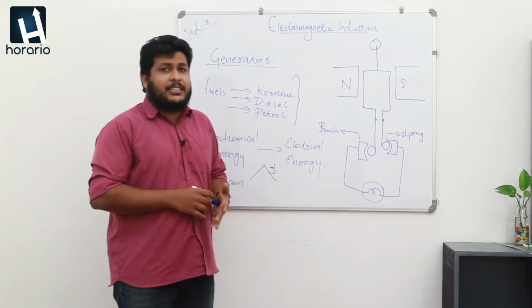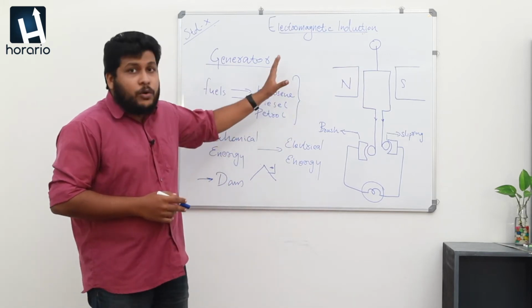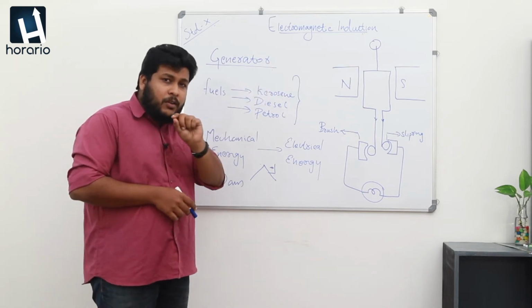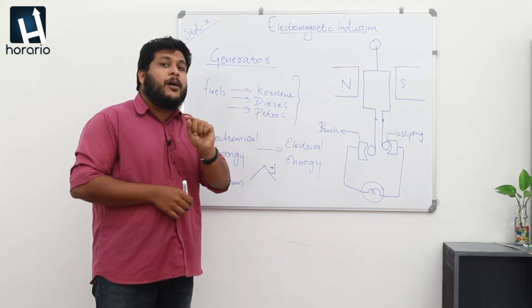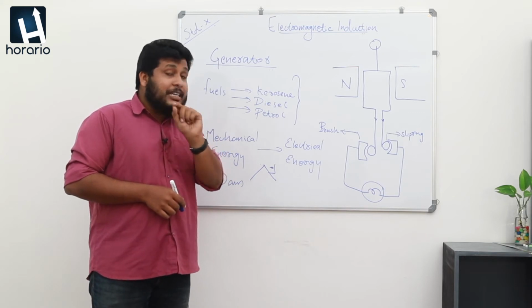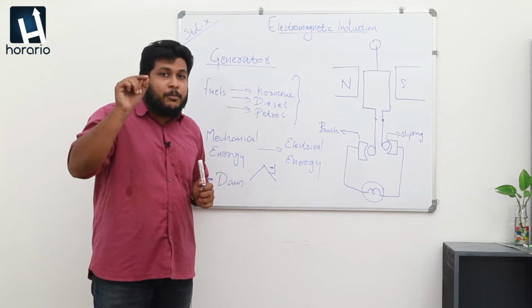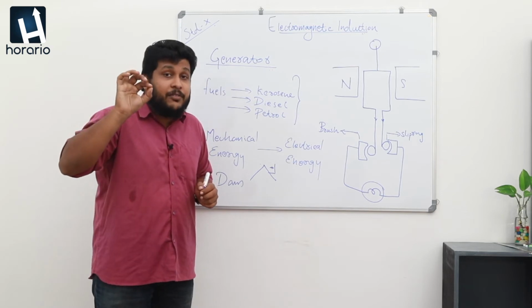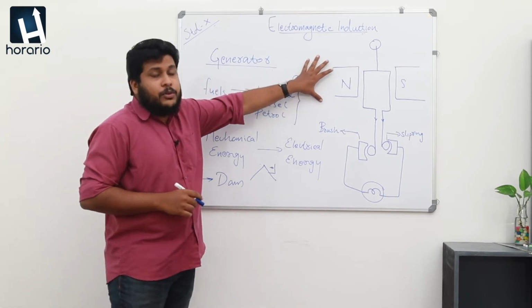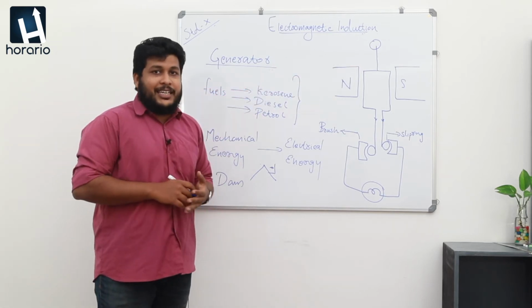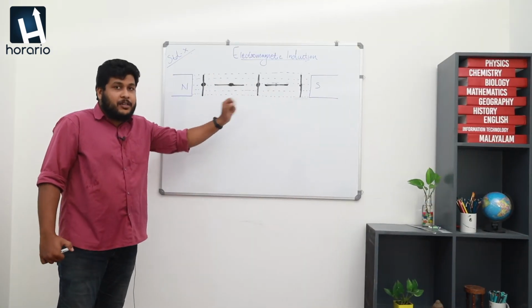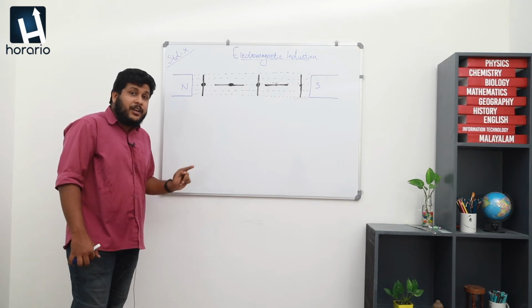Here the working of the generator is explained very simply. So you want to go through the textbook. The working of the generator with a pictorial representation is given in the textbook. You want to read through every sentence, and I want you to mark the important sentences given in that textbook, so that any time you are reading the textbook, you can remember the working of the generator, because it is a very important portion we want to study in our 10th classroom. Okay, I think now you all are familiar with the working of a generator, so we can move on to the next portion.